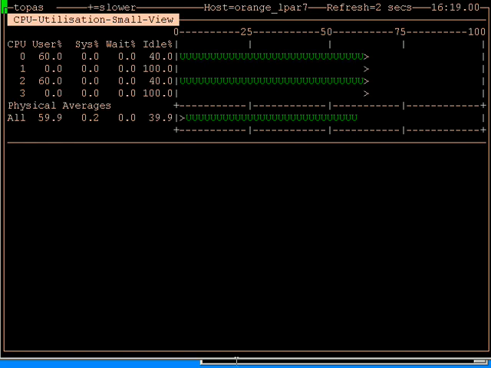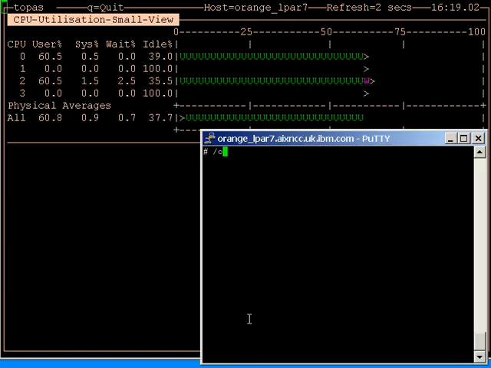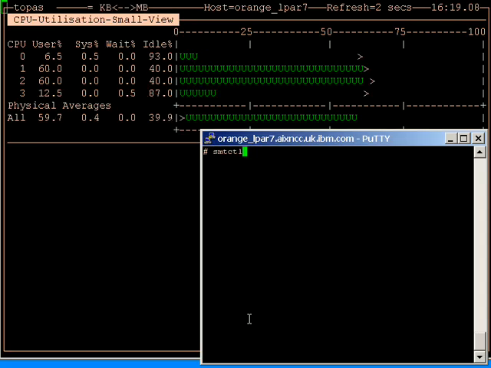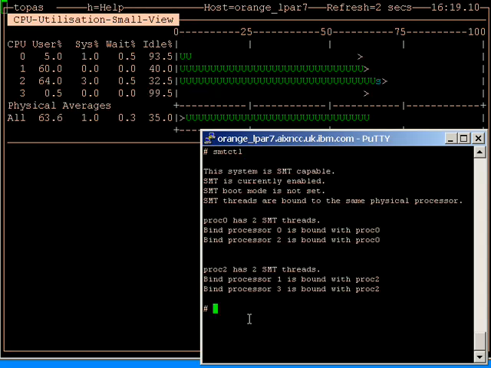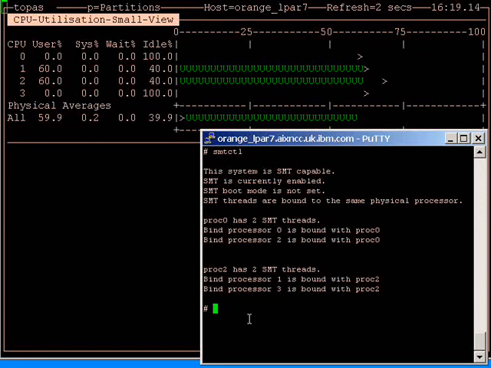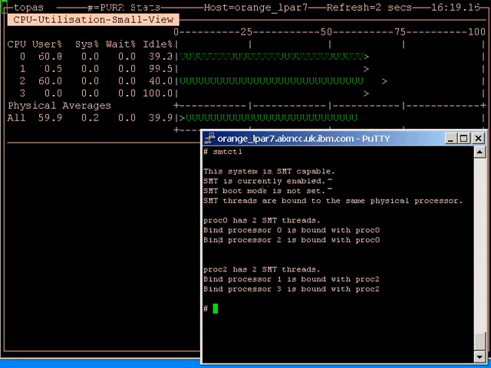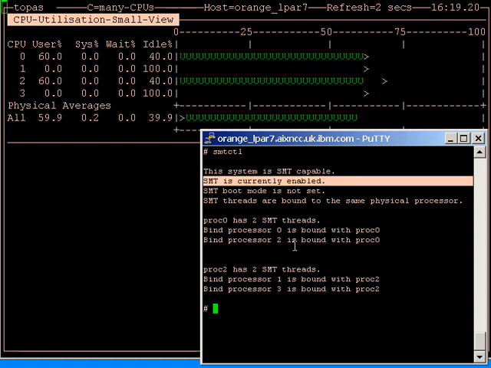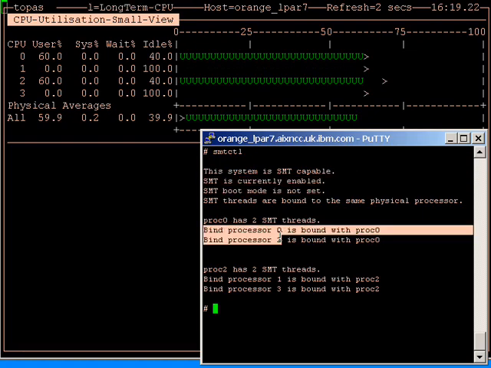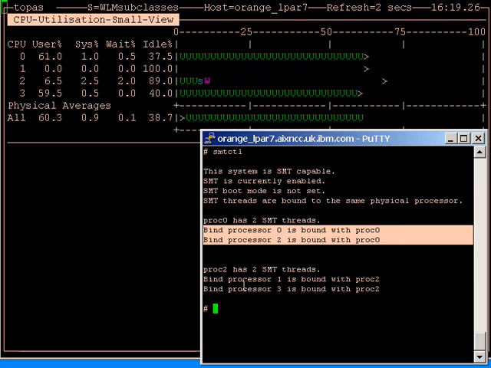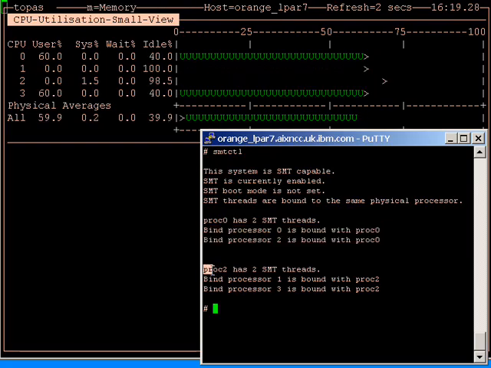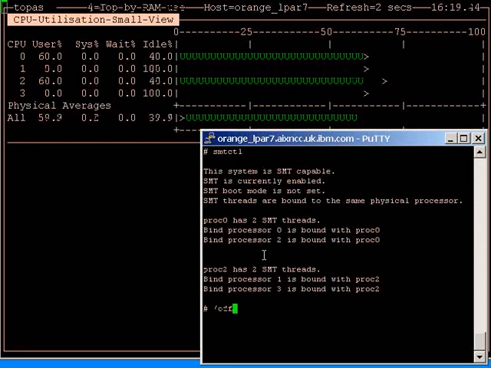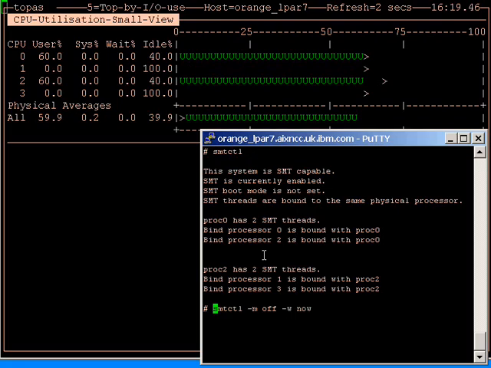Now let's go to this little window down here, and I run this command here. Well, let's just try it without options to start with. This is SMT control, smtctl, and it's telling us that currently SMT is enabled, and processor 0 has 2 logical processors bound to it, and physical processor 2 has 2 processors bound to it. Now we can use this command to switch SMT off, and if we do that, we'll